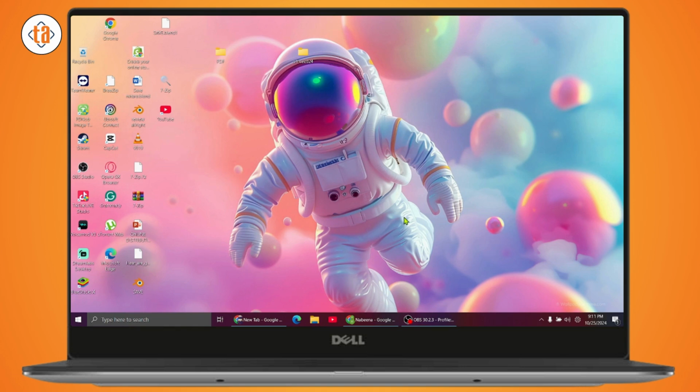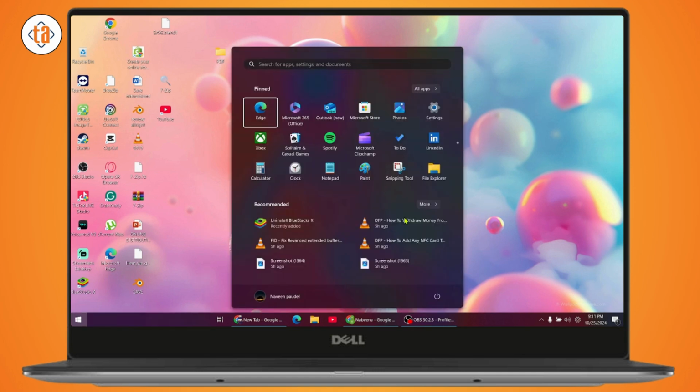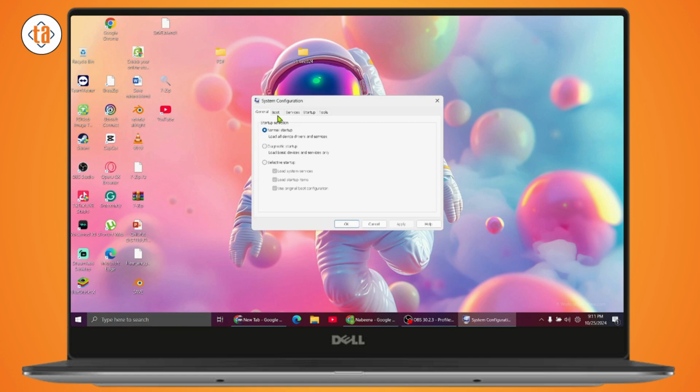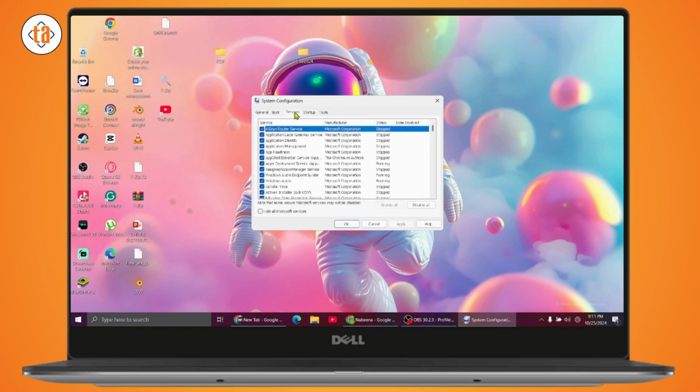But if that again doesn't fix your problem, then move on to the second method, which is performing a clean boot. To do this, you just need to simply enter the Windows button and then type msconfig and just go with system configuration. Once you open the system configuration, now in here head over to the services tab and tick the box next to hide all Microsoft services, which is right here on the bottom left,